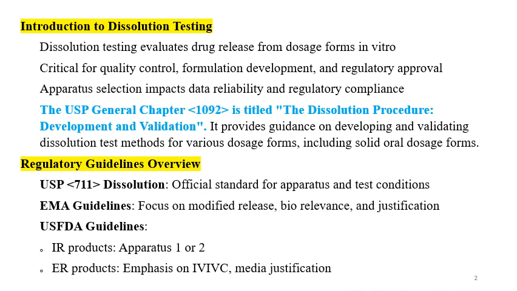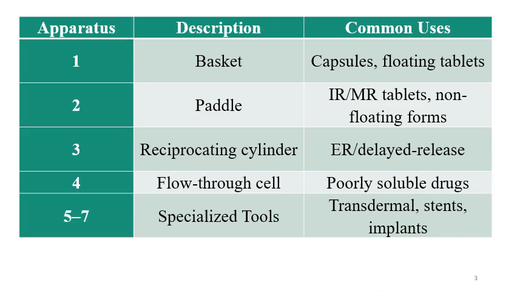Generally, from all these guidelines and general chapters in the USP, you can understand that IR formulations are tested using apparatus 1 or 2, that is basket apparatus or paddle apparatus, while ER formulations can be tested with different apparatus like USP 1, 2, 3 or 4, and it requires justification for media selection, and it is emphasized on the IVIVC. Then see the apparatus